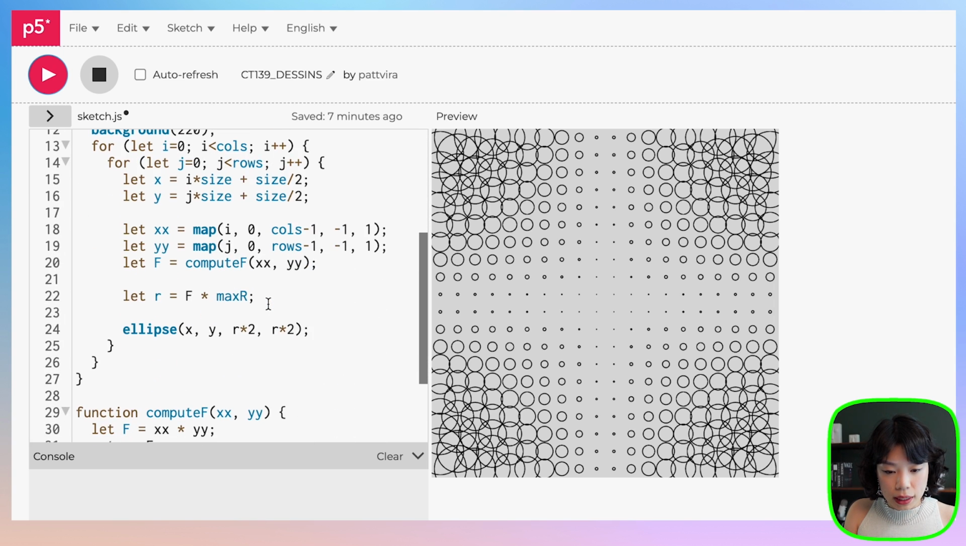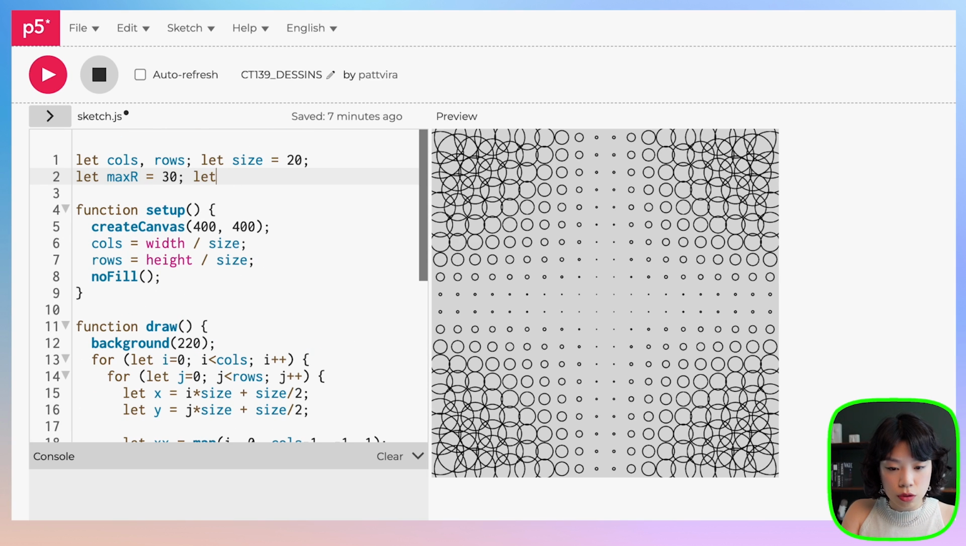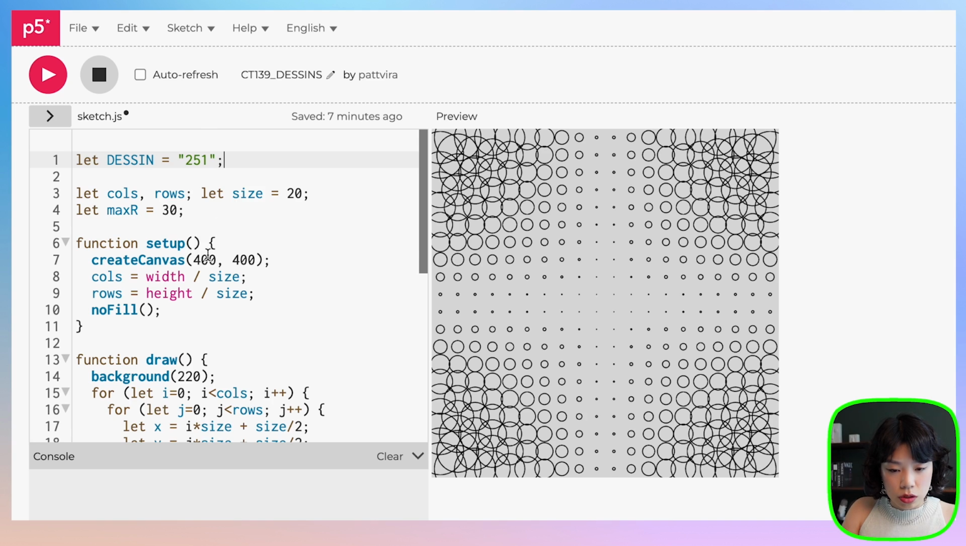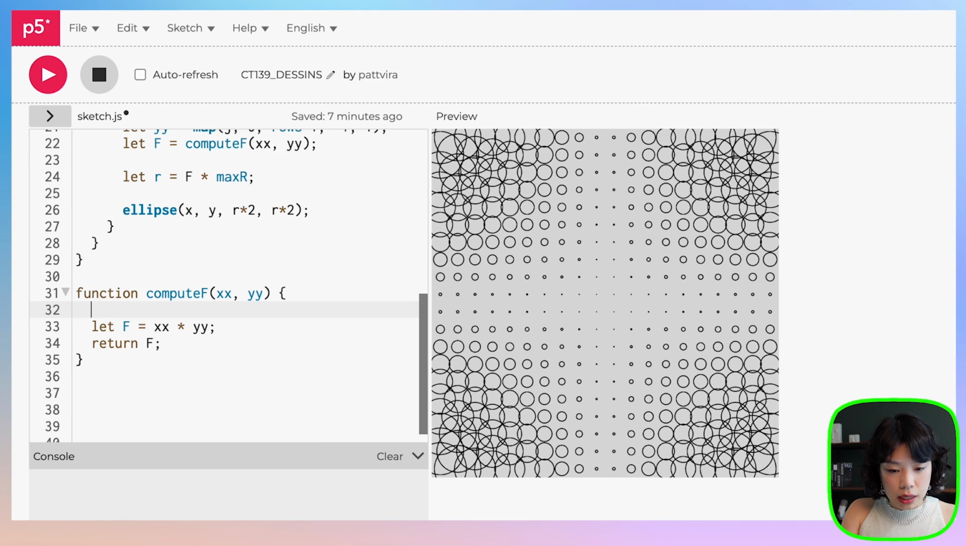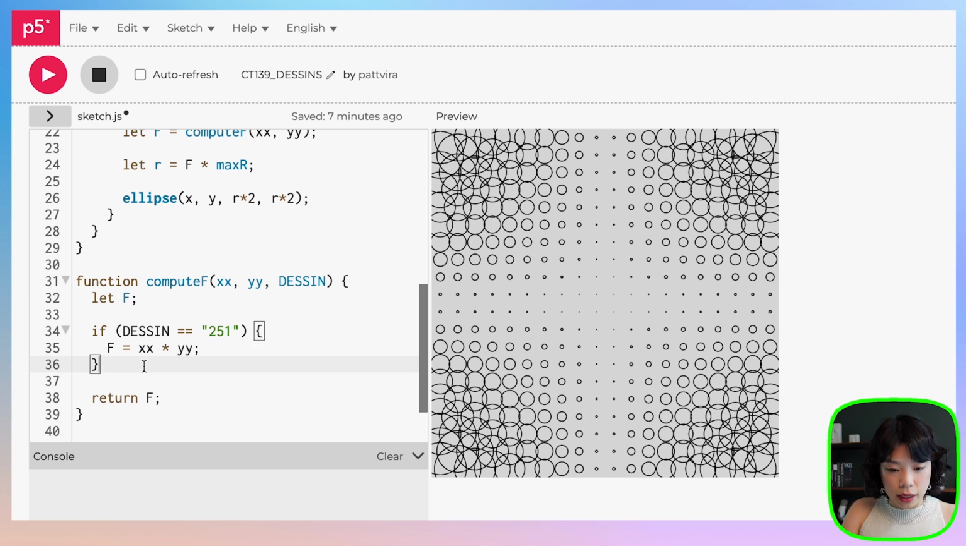So how about we play with the second one? So now inside compute f, I'm going to first set this as 251. Let's put it right on top. All right, so inside here, let f, and if DESSIN is equal to 251, then we're going to be computing this f here. This would just be f, and we need to put one additional parameter here, DESSIN. Okay, else if DESSIN is equal to